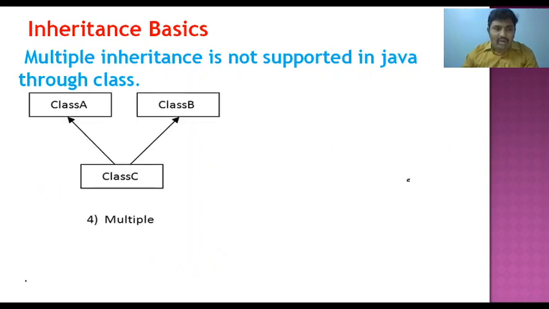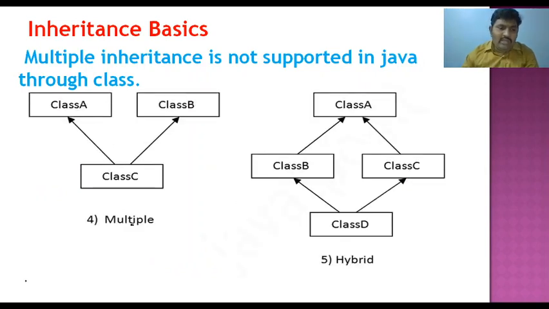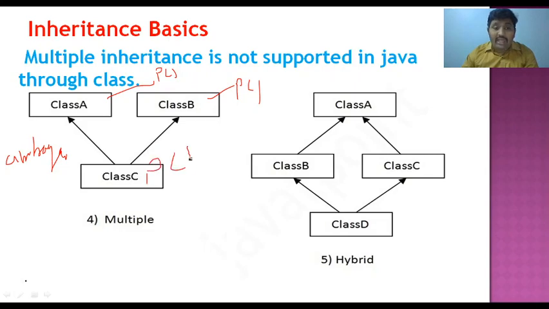Next one is multiple inheritance and hybrid inheritance. Multiple inheritance is where a child has two parents. This is not possible in the Java programming language. Why? Because it causes a problem called ambiguity. For example, if class A has the method p of, and class B also has the same method p of, and from the child you call p of, the compiler is confused whether to call the p of method in class A or in class B. Like that, ambiguity problems arise in Java while calling the methods. That is the reason why multiple inheritance is not possible in Java.